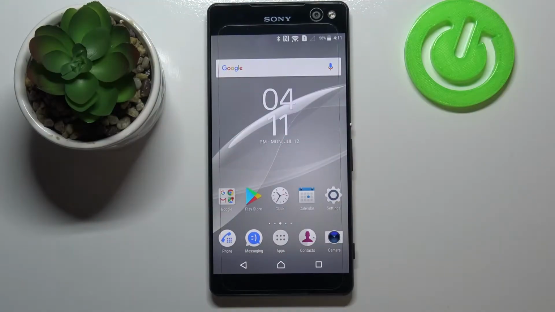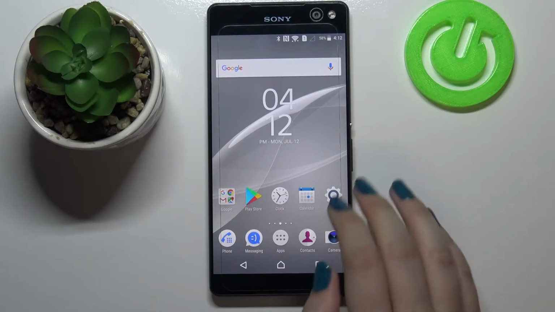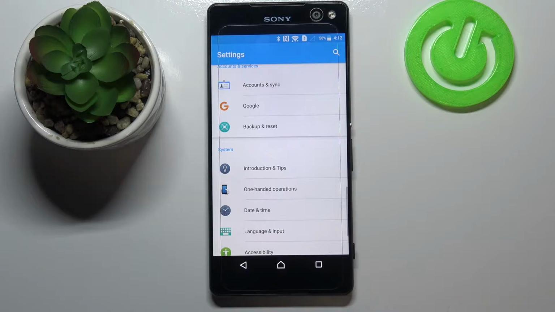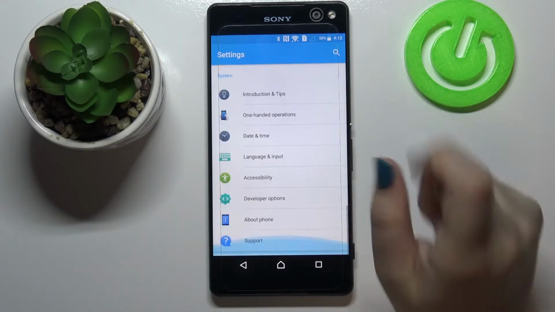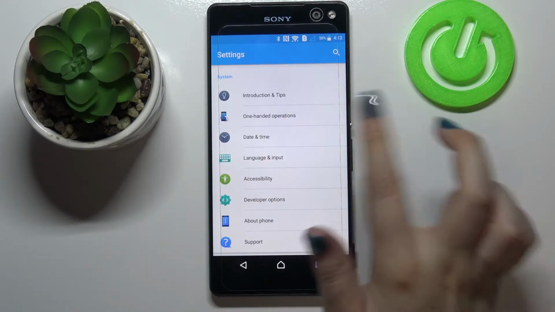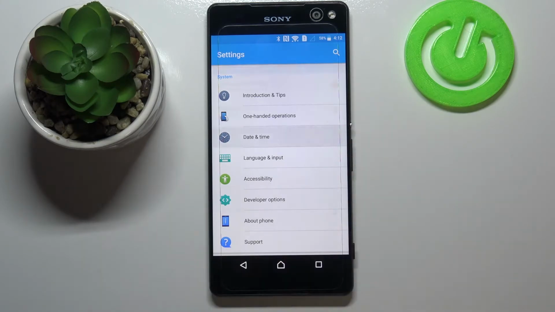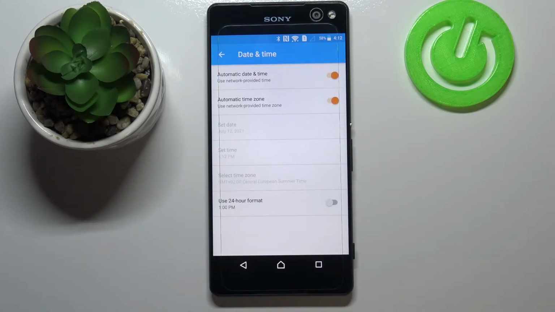Hi everyone, here we've got SONY Xperia C5 Ultra, and let me share with you how to change date and time on this device. So first of all, we have to actually enter the settings, and now let's scroll down to the very bottom to the system section. On the third position we've got date and time, so simply tap on it,